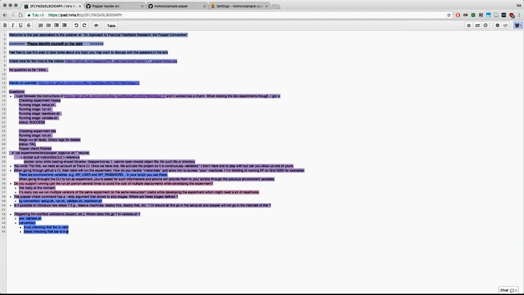It might be worth pointing out that this validation phase might be very complex. In our case, we're dealing with small CSV files, but in other domains, for example, we work with numerical weather prediction folks that are using Popper. They actually have very big data sets. And this validation phase